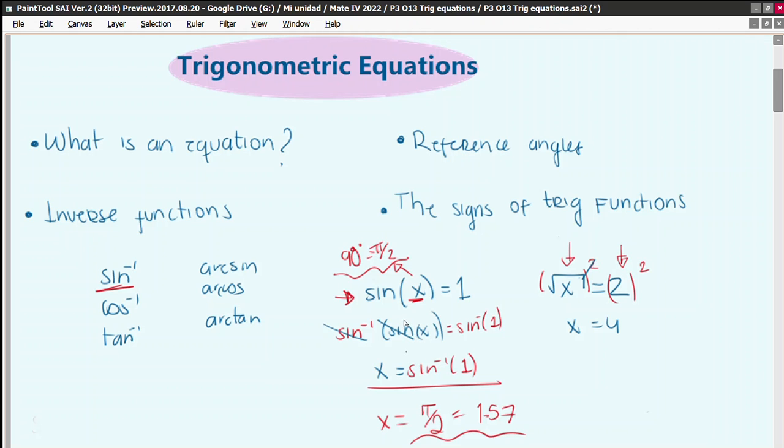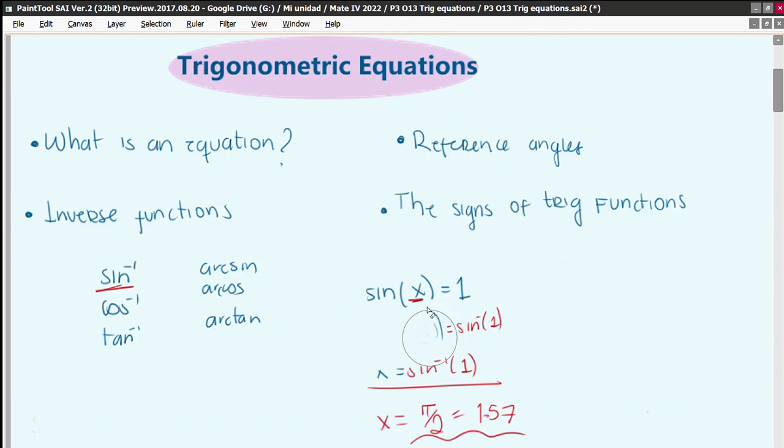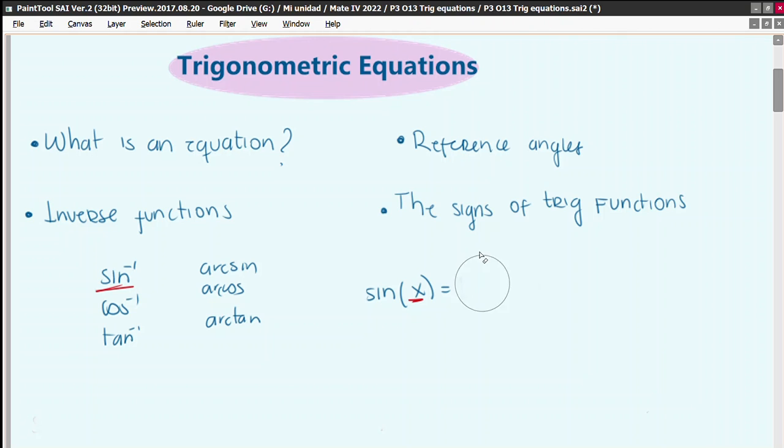So that is a principle of an equation. And what do we use? Inverse functions to undo what the trigonometric function does. Okay? We're going to elaborate on this topic further. This is not the level of complexity we will work, but I want to make sure we review the concept of inverse functions. Now, what happens if instead of me working with sine inverse of 1, I wrote here